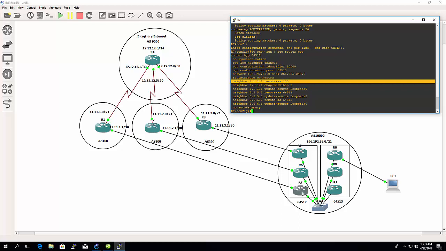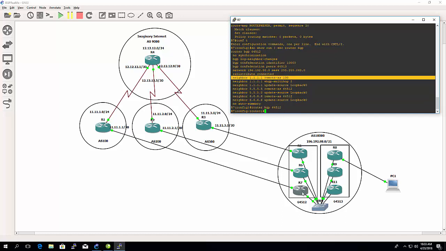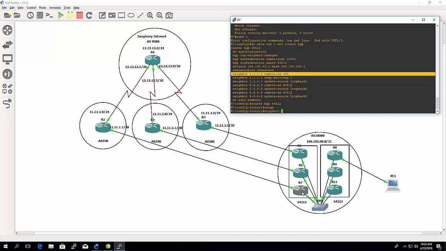We need to go into this BGP session. You type router BGP, and the session is 64512, and then you go neighbor, and we put in the neighbor's IP address. You type route map, and type in the name of the route map,